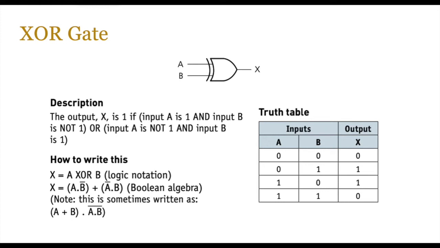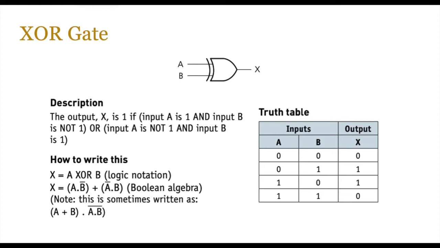Hopefully again you got the symbol right and you got the truth table correct. The description basically is that the output X is 1 if input A is 1 and input B is not 1, or input A is not 1 and input B is 1. So basically the 1 has to be exclusive in A or B. Now you can write this down as X is equal to A XOR B in logic notation form, XOR being capital,